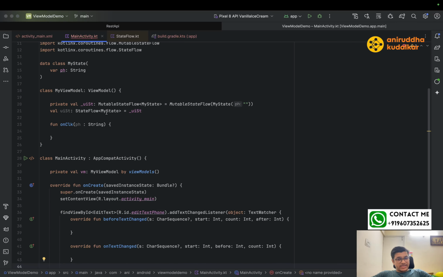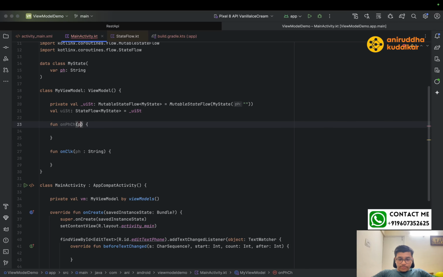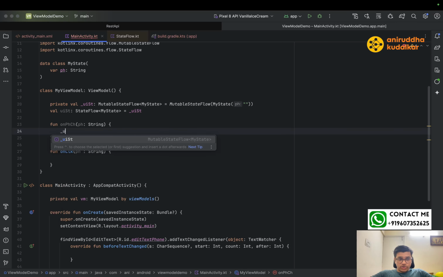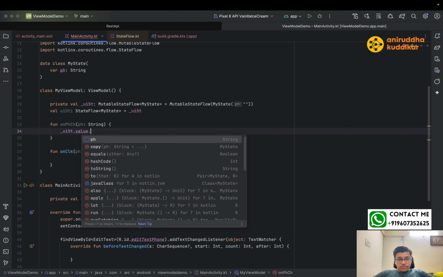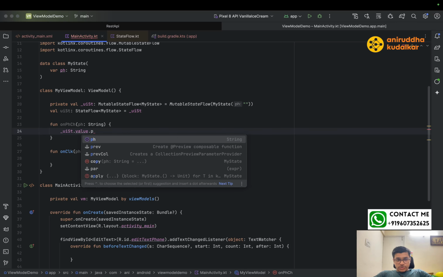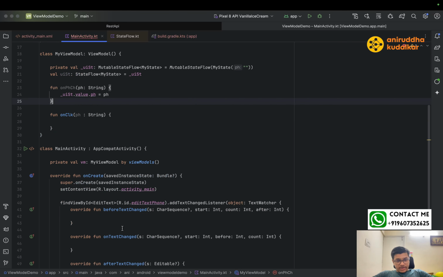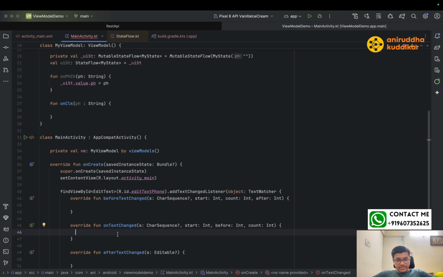means we are going to assign the text. So we would be having one more function. Here we can say onPhChange, and here ph is of type string, right? And here we can say _uiState.value.ph is equal to this incoming ph, right? We are changing over here,